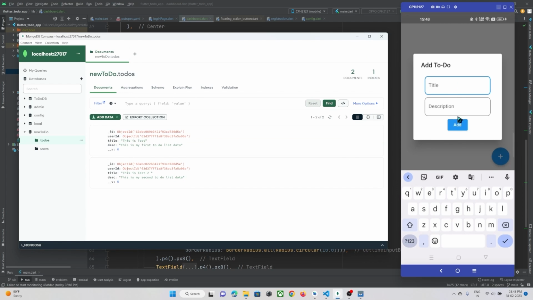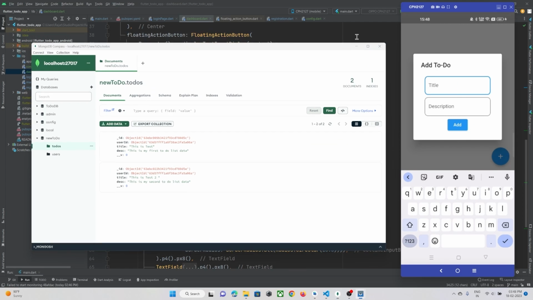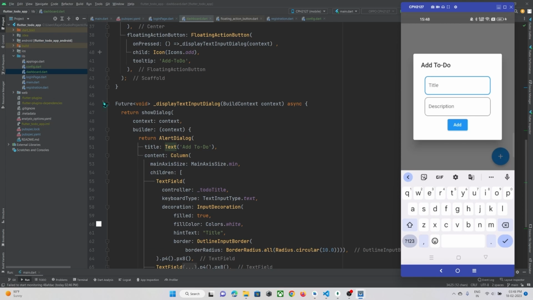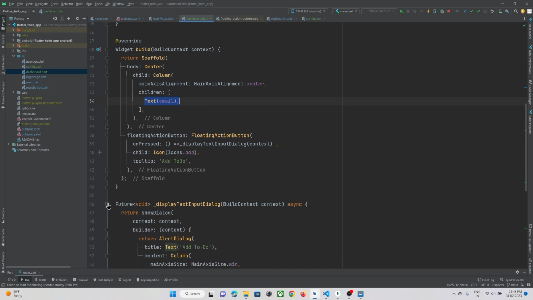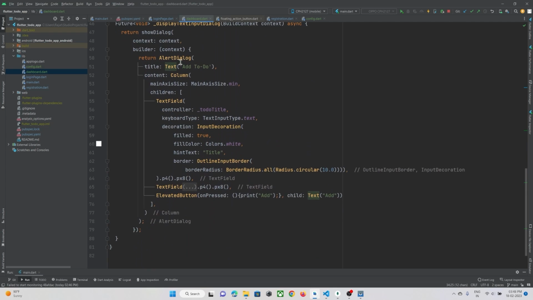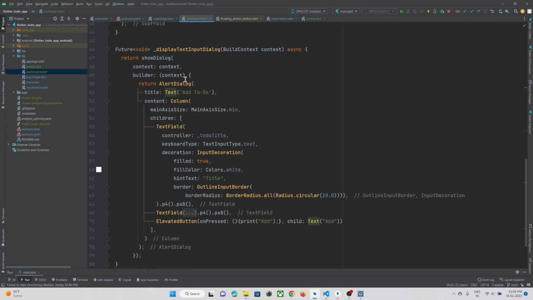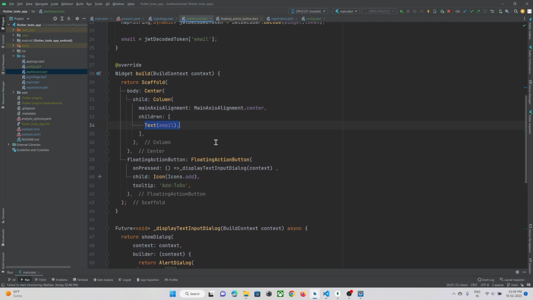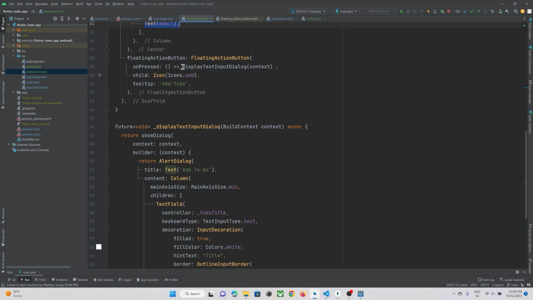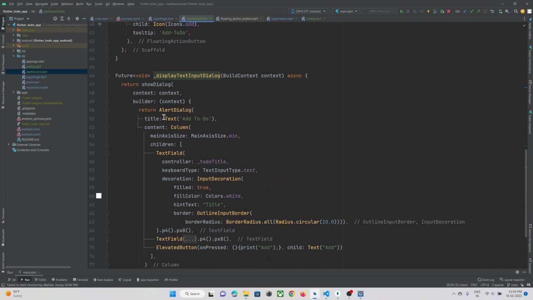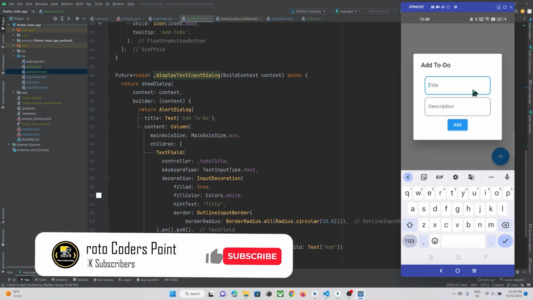Okay, so we need to implement this in this tutorial. I have just covered all the things. You can just get the code, or you can pause the video and enter this code over here. When this floating action button is pressed, I'm showing this alert dialog at the center of my screen, something like this, and the user can enter his title and description